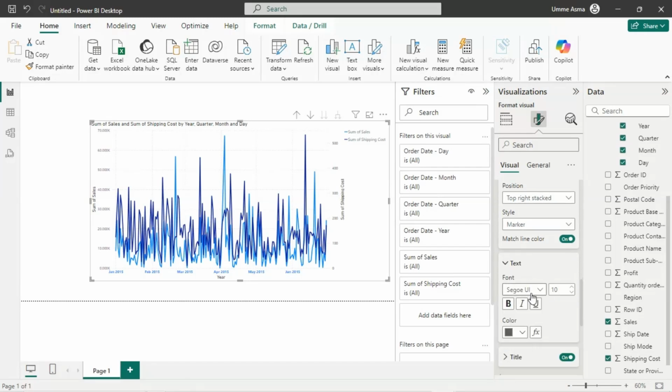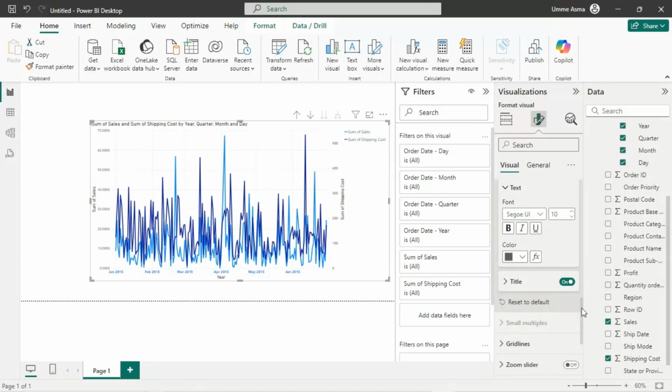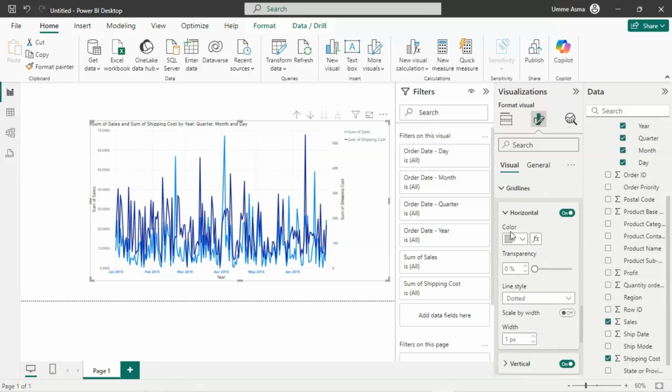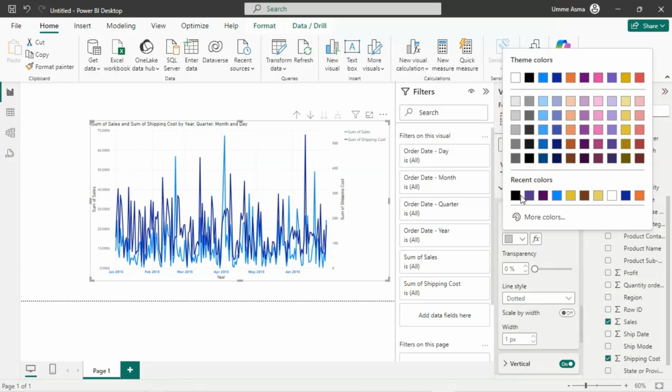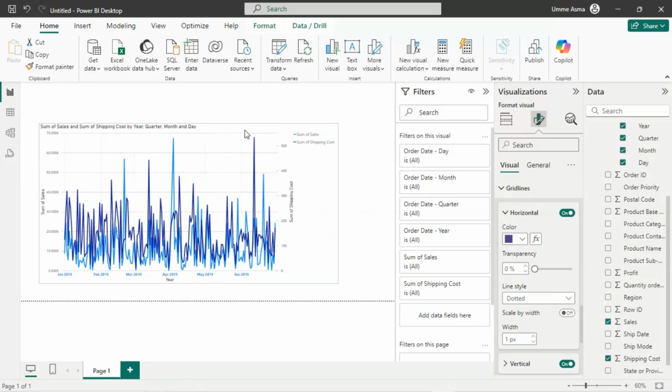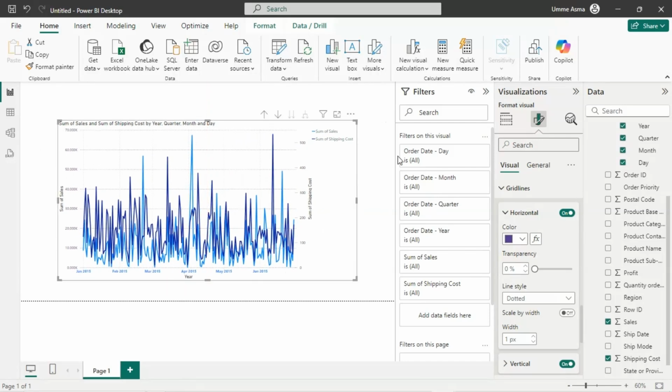Then we have a text. For the text also you can change a color, you can give a font size, or you can change the font as well. Then the same thing, we have a title. Here we have grid lines, whether it's horizontal or vertical. Yeah, so say this is a grid line here we have. So can you see here, this is a grid line. So if I turn it off,